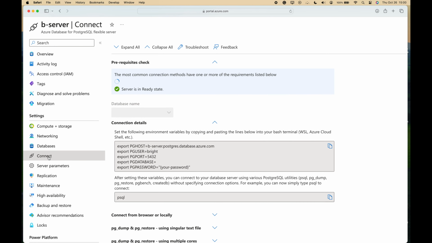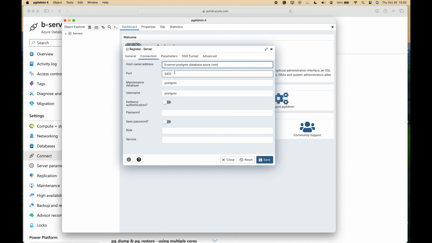And we need the port number. So for that, go to Connect, copy the port number, paste it, and the username, the name which we set on our cloud, and give the same username and password